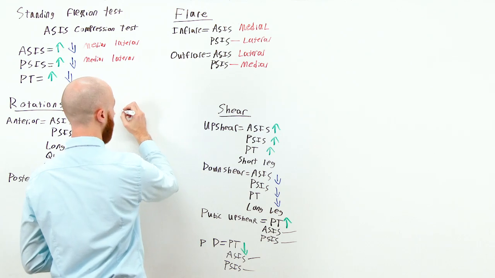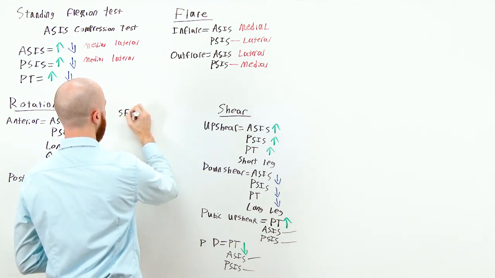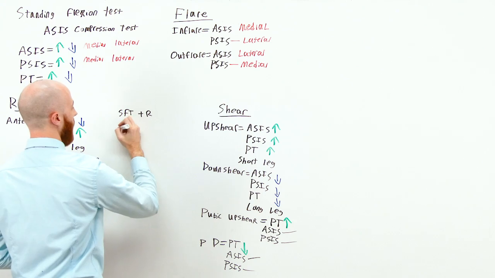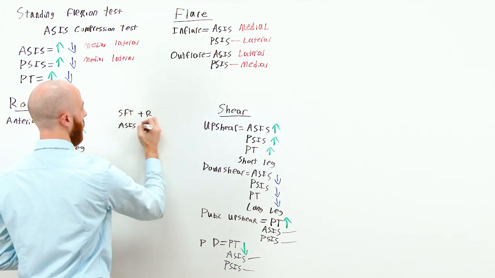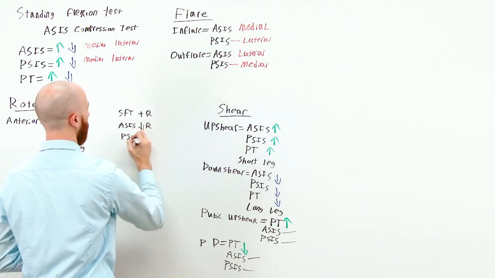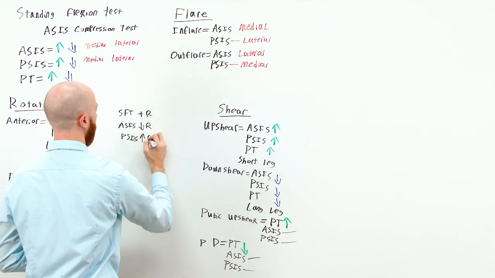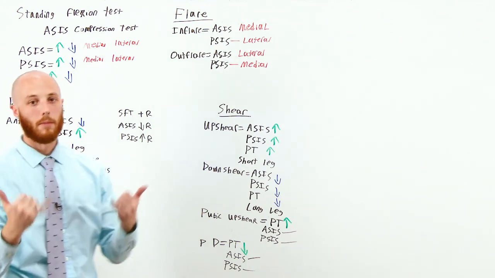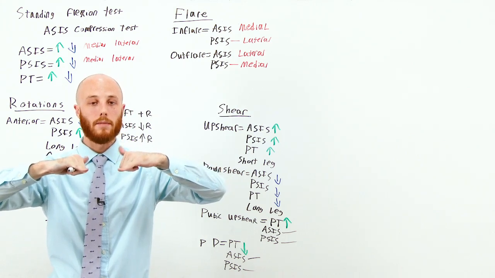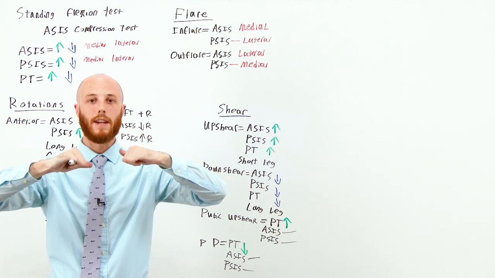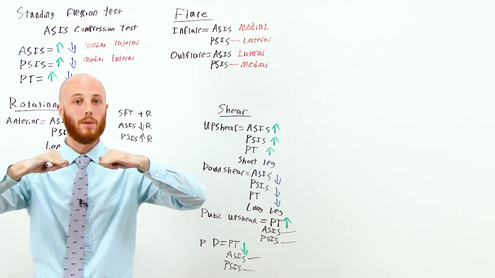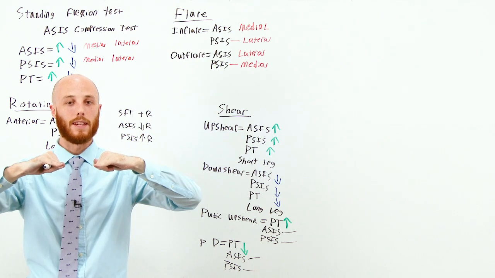So for number 1, we're going to have a standing flexion test that's positive on the right, an ASIS that is inferior on the right, and a PSIS that is superior on the right. So this is where your cowabunga hands are going to come into play. You can hold them directly in front of you. Your thumbs are going to be the PSIS, and your pinkies will be the ASIS. So what you're going to do is use the anatomic findings in order to get the correct